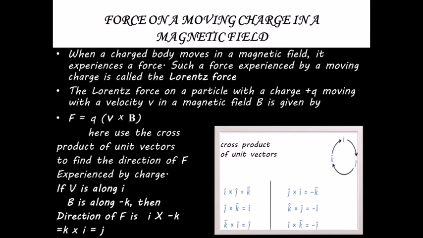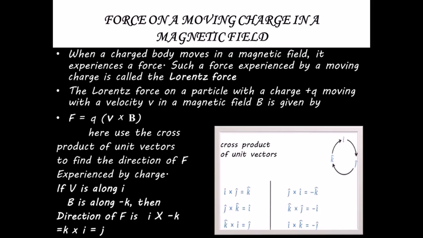Lorentz was the scientist who gave an idea of the force experienced by a moving charge when it's placed in the magnetic field. If you remember, in our first chapter, electrostatics, we studied Lorentz force there also, but that was the electric component of the Lorentz force. And what was the formula, if you remember? There the formula was F is equal to QE. That was the electric force, the electrostatic force experienced by the charge in the presence of an electric field. And now in this lesson we are going to study the magnetic force experienced by the charged particle when it is placed in the magnetic field.